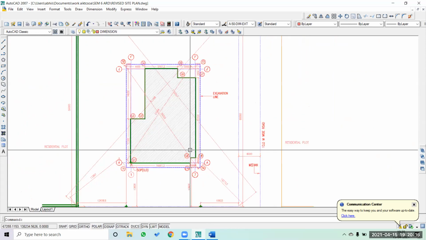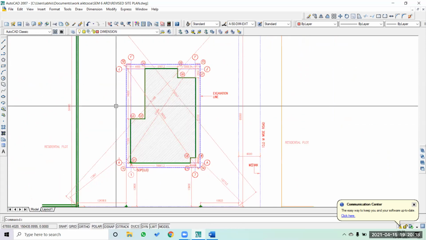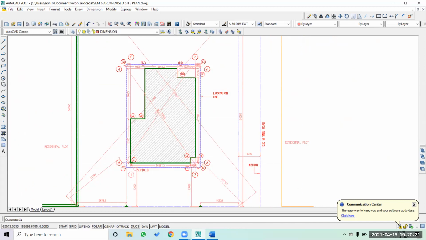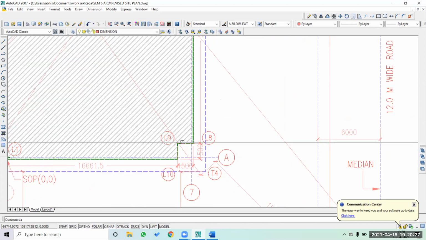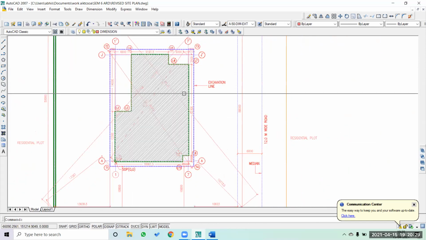By using this triangulation method, we will first mark this particular bigger excavation line, and then we'll go inside and start marking this particular building outline which we have created.